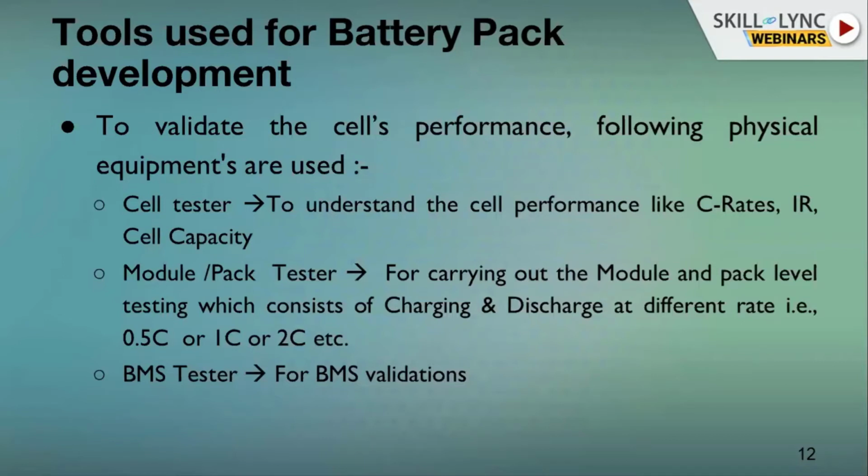Cell balancing is again of two types, as I've told: active and passive. In active balancing, when cell number 10 has reached its 4.1 or 4.2 volts, the extra energy is transferred to other cells. In that way, that cell remains at its maximum position, and whatever the remaining amount of energy is, it transfers to the other cells. In that way, all the other cells also get the energy and reach the set point quickly. That is how the active BMS works. This is just an overview which I have given.